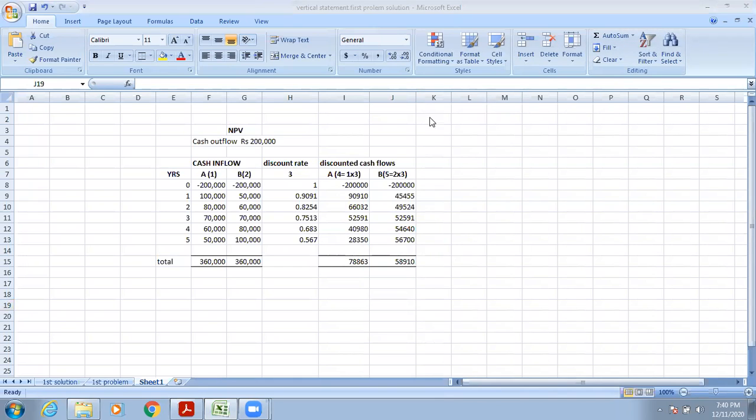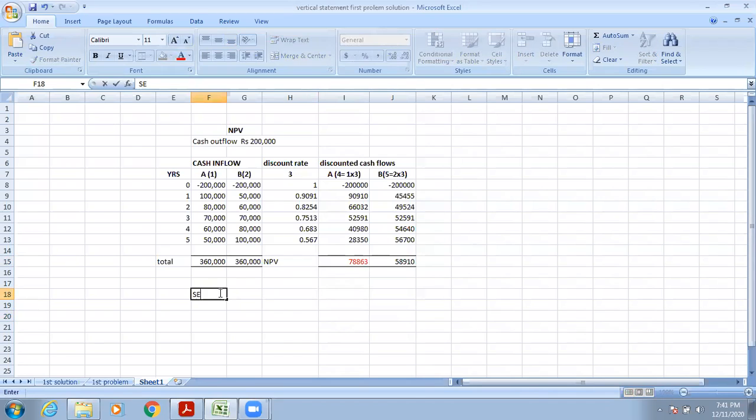Okay. The higher NPV should be selected. So A project has a higher NPV. Net present value is higher, right? Is the net present value higher in this case or not? So we have to select this one. Did you understand? So